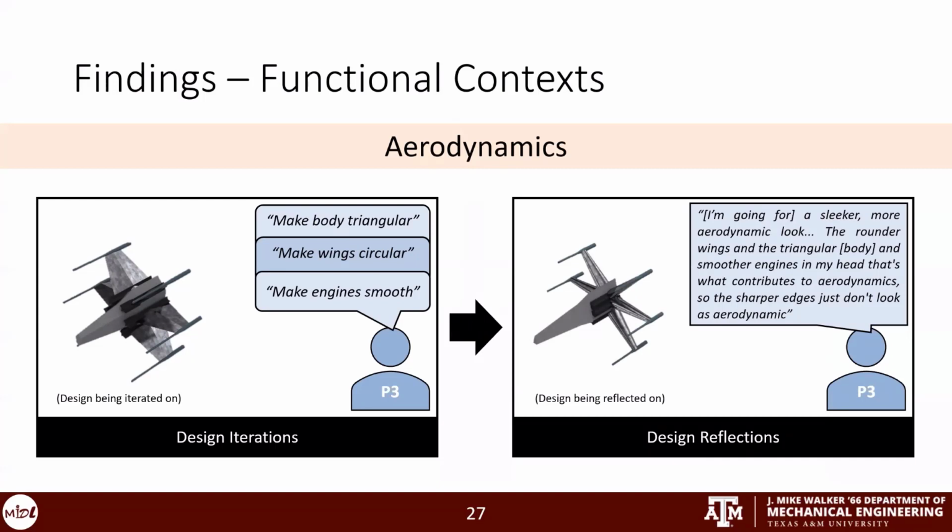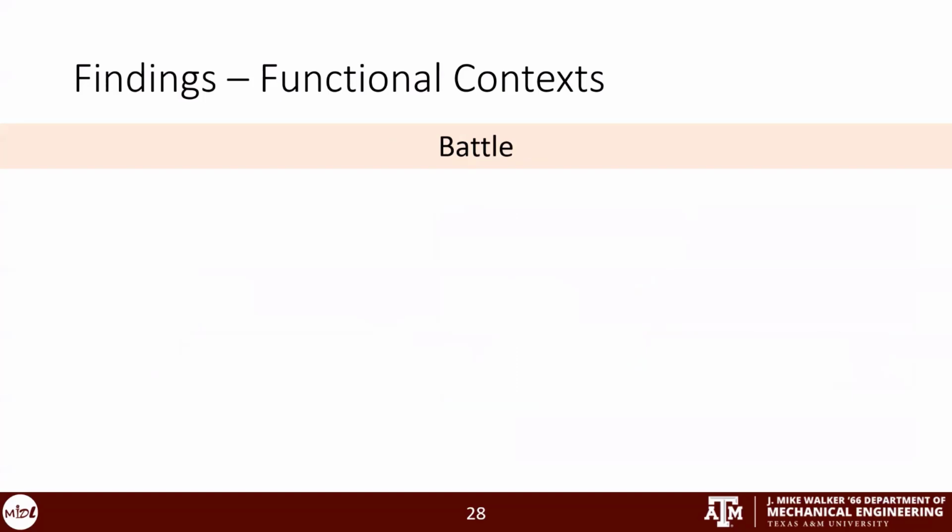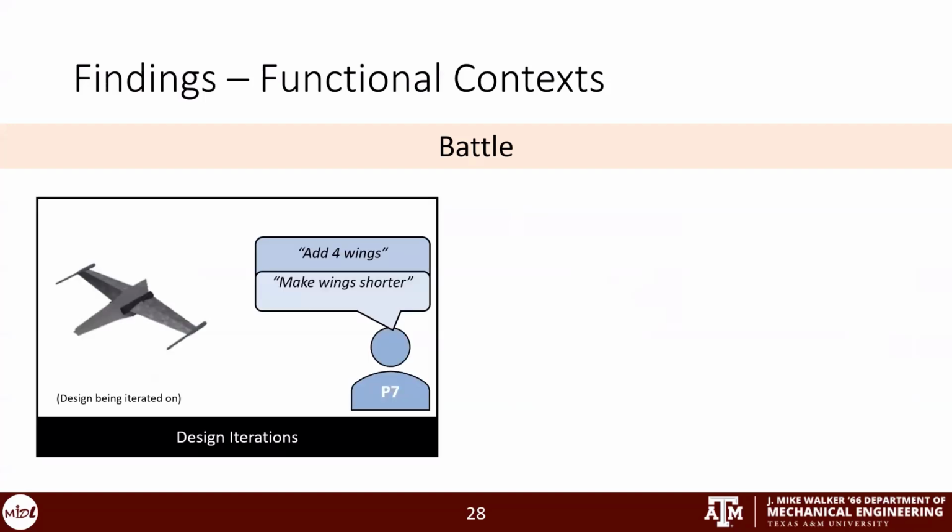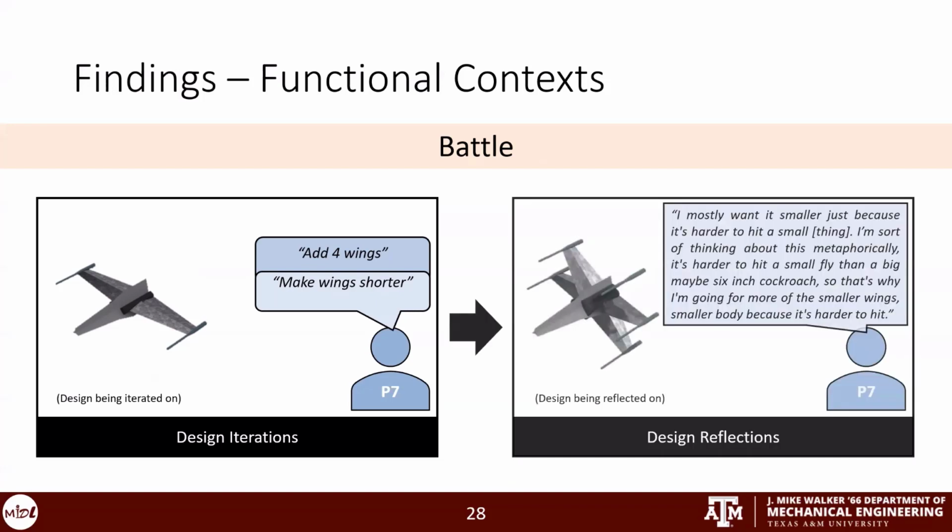This trend was seen across different participants as well, where 3 of them explicitly mentioned their desire to make their spaceships more aerodynamic. The next functional context was battle-related, where 4 participants associated their design changes as a result of making their spaceships more battle-ready. For example, here participant 7 added 4 wings and made them shorter, and this is from the video that you saw earlier. Their reasoning for this was their desire to make a smaller spaceship, as they felt it would be